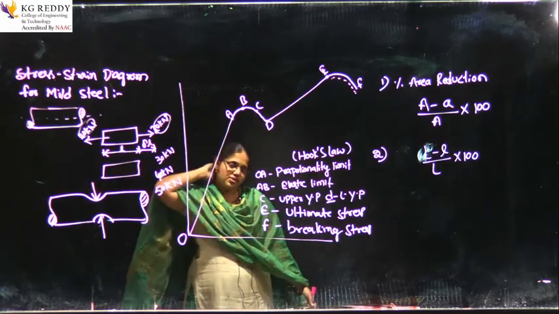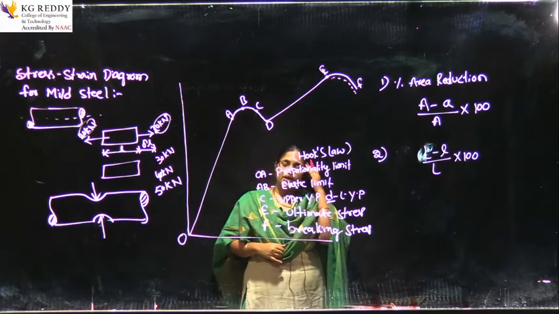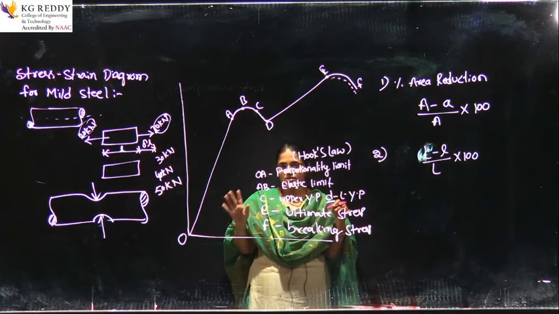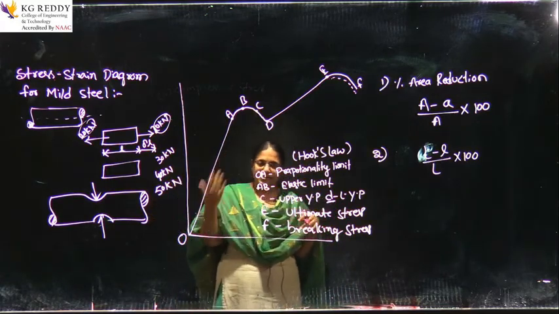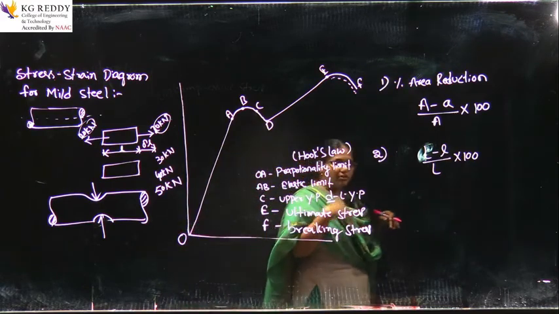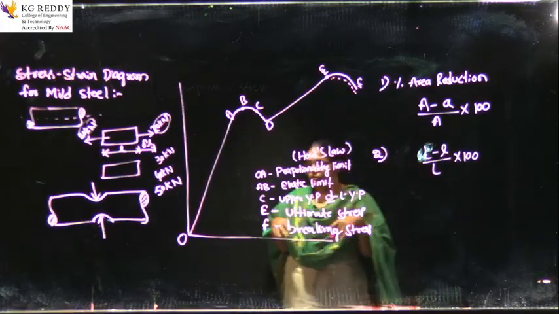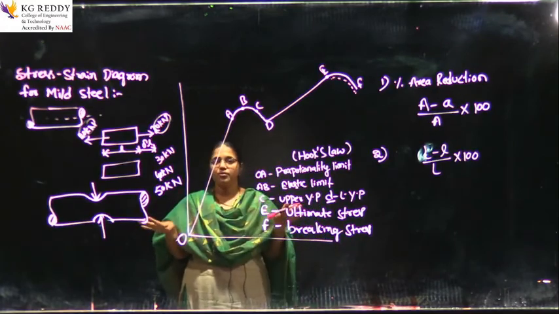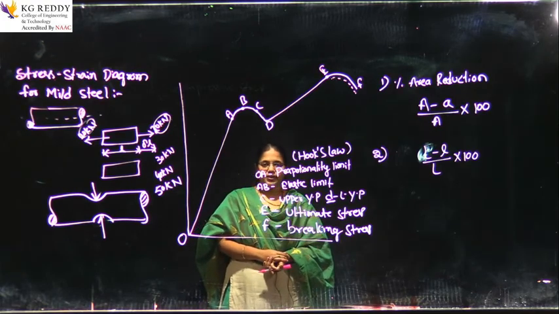So that is the stress strain diagram for mild steel. But we should always keep in mind, as design engineers, as mechanical engineers, we should know the stress strain diagrams for different materials, okay. Where is the elastic limit, where is the plastic limit, where is the upper yield point, where is the lower yield point, where we get the breaking stress, what is the maximum stress, which is the safest stress, all these we should know based on this type of graphical arrangement and by conducting different tests. Thank you all.